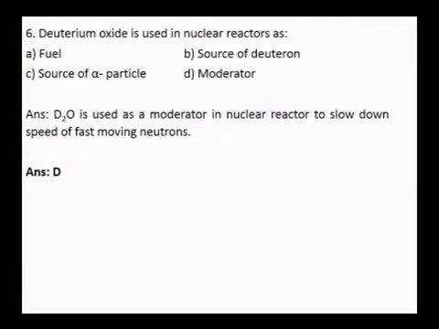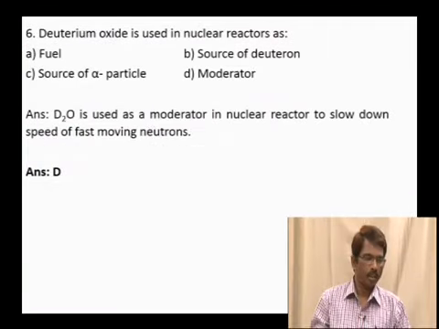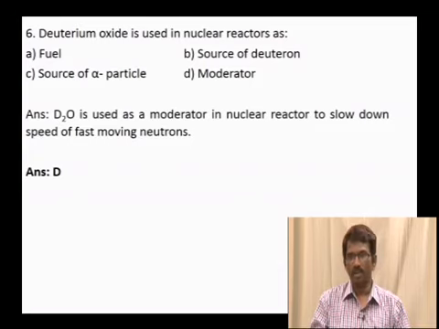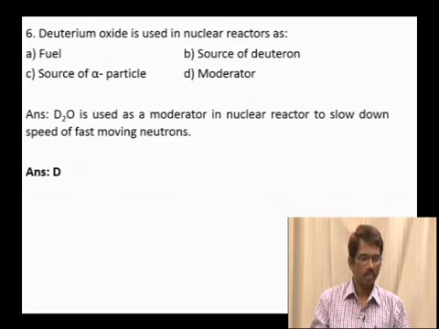Question number 6: deuterium oxide or D2O. This is also called heavy water, is used in nuclear reactors as, the options are, fuel, source of deuteron, source of alpha particle and moderator. In nuclear reactors, the role of heavy water or deuterium oxide is to slow down the fast moving neutrons. So that phenomenon is called moderator action. D2O is used as a moderator to slow down the fast moving neutrons, and hence the correct answer is option